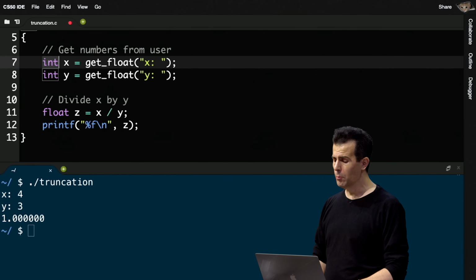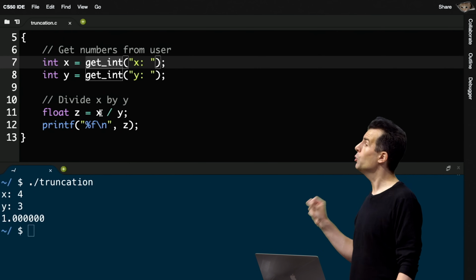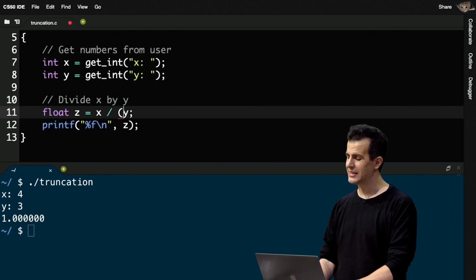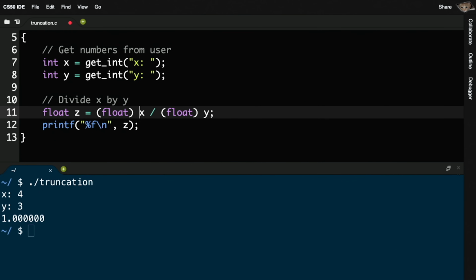You can instead be a little more clever, and you can convince the computer to convert an integer to a float by something known as casting. So I can actually go in here, and using a new syntax, I can say float y. And I can even, for good measure, but it's not strictly necessary, also do it to x. You can, in C, cast or typecast one data type to another by literally, in parentheses, just putting the new data type that you want. And if it makes mathematical sense for one to be converted into the other, the computer will do it for you. So in this way, I'm telling the computer, convert x to a float, convert y to a float,